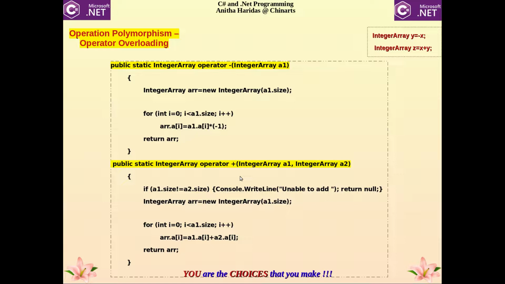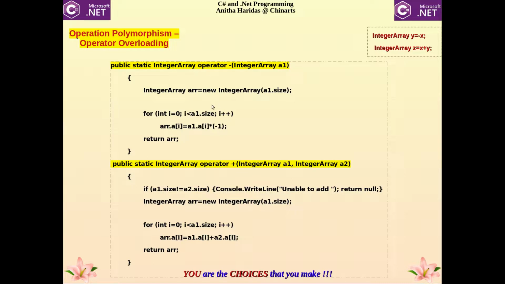That is why I am overloading the operator to perform a particular task as you do in a method. That is why we call it as operator overloading. These are some of the operators which are already defined in C#, and I am going to overload them. What do you mean by overloading? I am going to add another task for that particular operator.